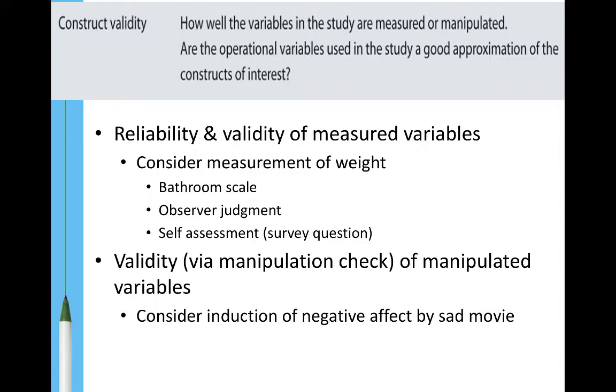All right, first one is construct validity. And here we're talking about the quality of measurement. How well do the variables in our study capture or relate to the variables that we're really interested in? So when we measure things, we have some idea that we're trying to get at, but oftentimes it's hard to know if we've got it. And so there are methods that people have developed for examining how well our observed measures correspond to our underlying